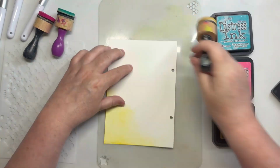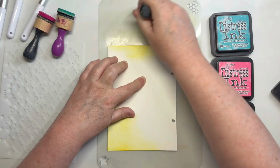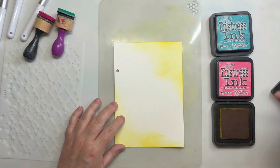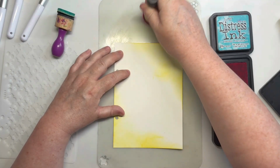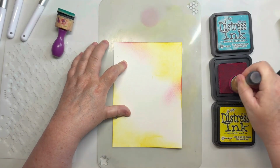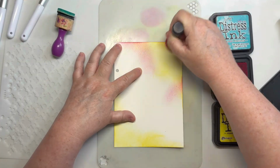and I'm going with distress inks because they are where I started in art journaling, and they are quite an easy medium to use. So I've gone for my three classic colours that I really love to use. They work well together, and they're three primary colours. There's mustard seed, picked raspberry and peacock feathers,